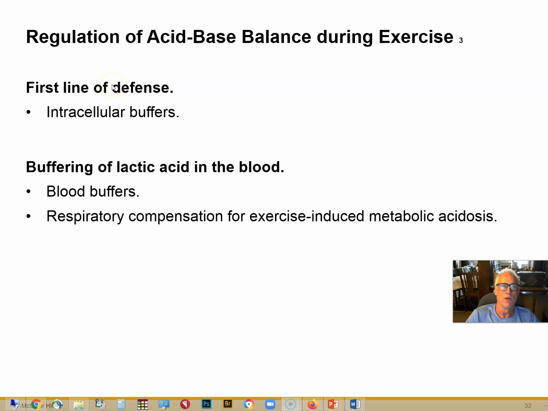The first line of defense: as you begin to produce lactic acid, this is perfectly self-evident, the first place that acidification is going to happen is in the muscle cells where the fermentation is happening. And those intracellular buffers are going to initially buffer those hydrogen ions. The transporters are going to transport those hydrogen ions out into the blood, and then the blood buffers will be the second line of defense. And the bicarbonate ion in the blood will take up those hydrogen ions and buffer for a time until they're exhausted.